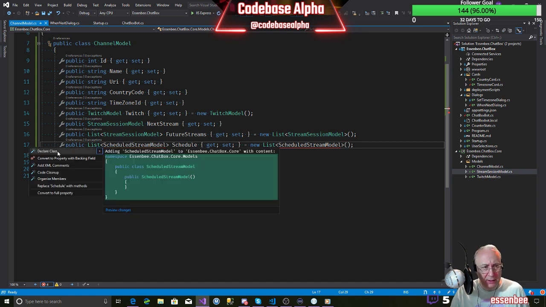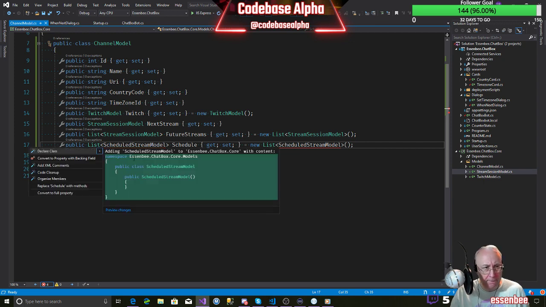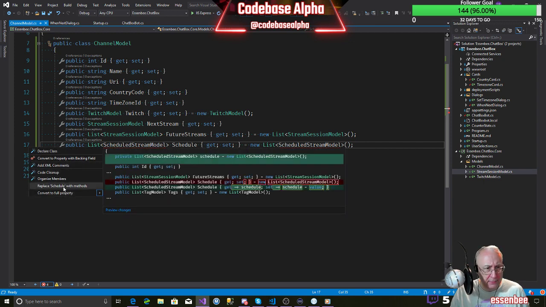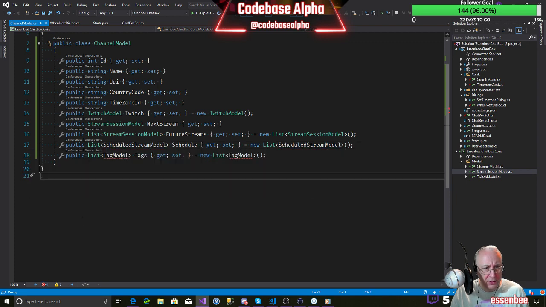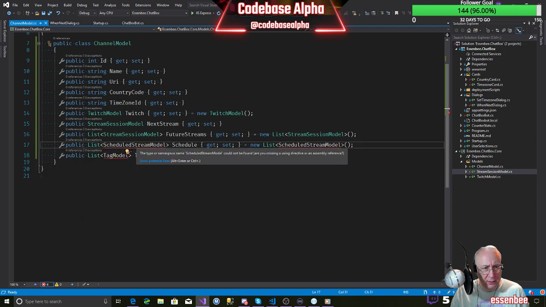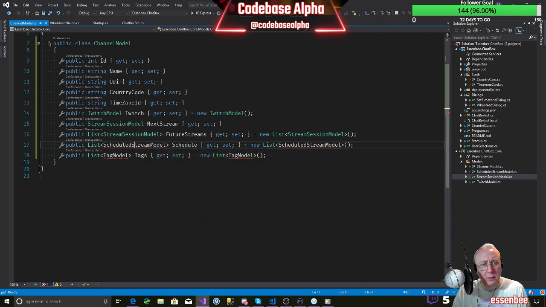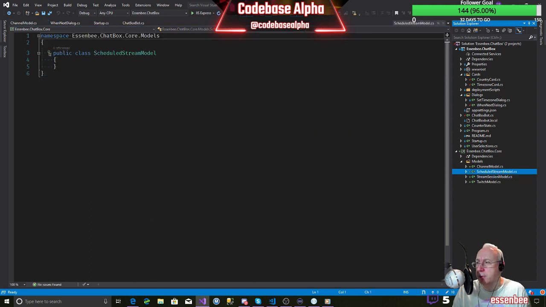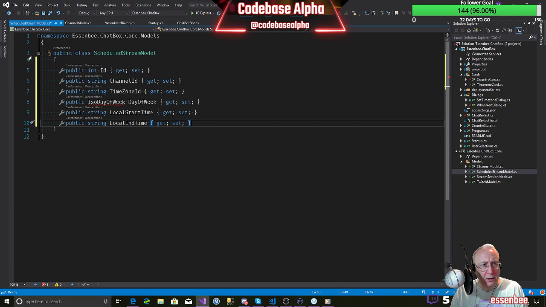Let's generate that in a separate file. Is it going to let me do that? That's interesting, because it's inside there. It's not happy about letting me replay, is it? There we are. It does. There we go. And that's now over here. Schedule stream model. I do like CodeRush. Those are features that may actually already be in Visual Studio 2019. I can't recall, but